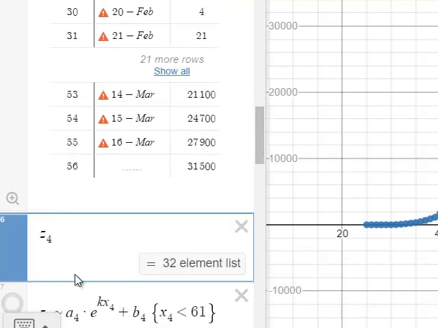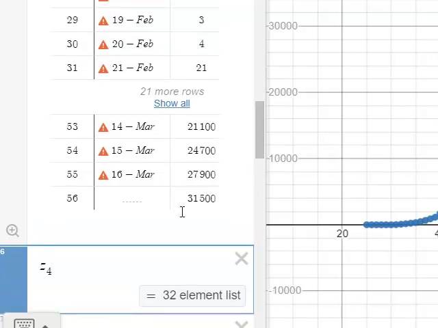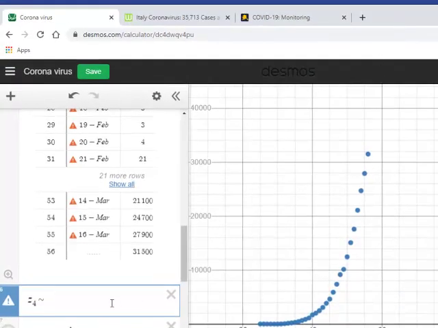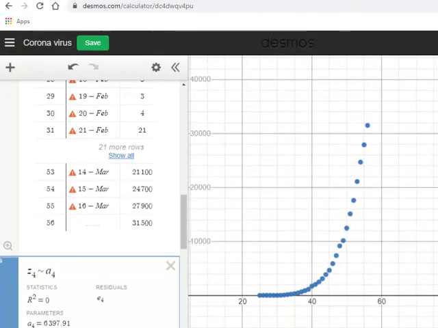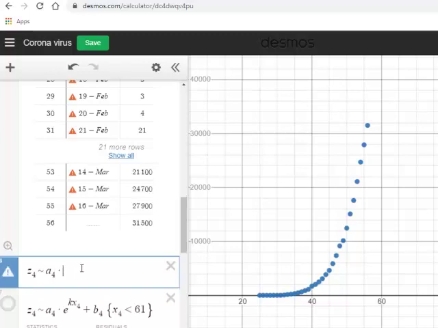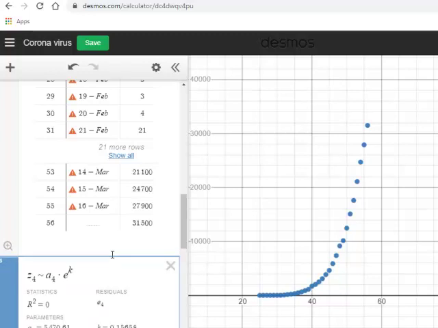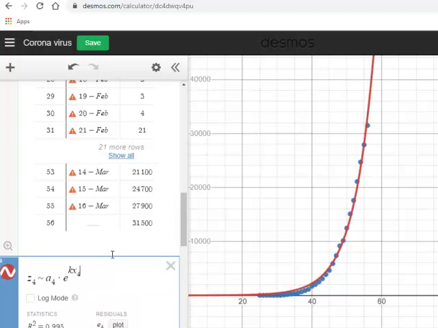So Z4 is proportional to A4, and this would be the initial amount of infections times e to the, and then a factor k, and then the time variable x4, and then technically that should be it, but we're going to put in